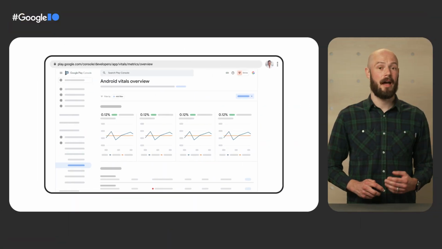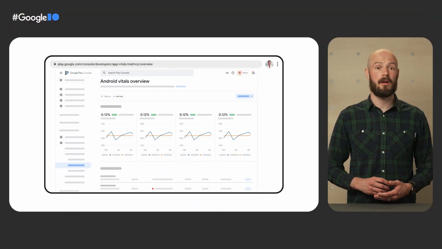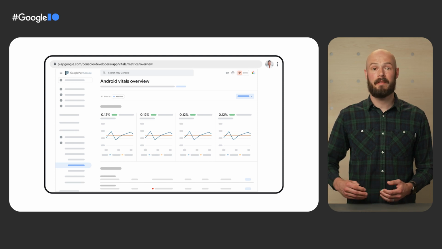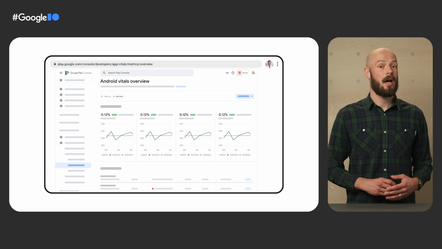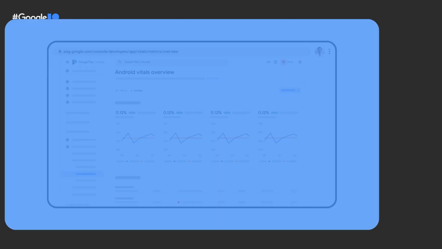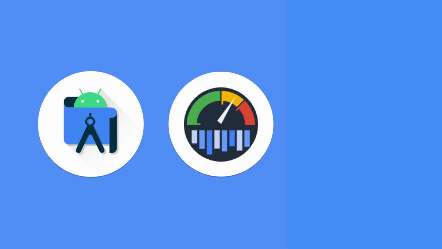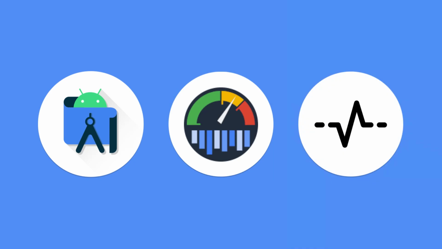In most cases, your users won't be able to share detailed traces with you if something goes wrong. We provide another tool that helps you monitor how your app is doing out there: Android Vitals. Android Vitals are part of the Google Play console. You can use it to help understand and improve your app's performance on real devices. You can see how your app is doing and compare data to other apps. And thanks to continuous monitoring, you're able to see information on what's going on and get notified when anomalies occur. Android Studio, Perfetto, and Android Vitals offer deep insights into your app's performance. These tools are able to provide the data you need to decide where to start improving your app's performance.